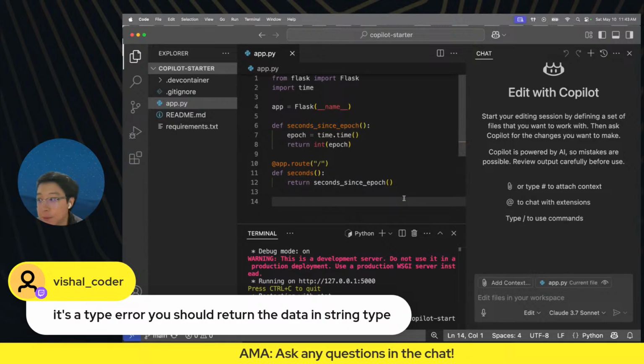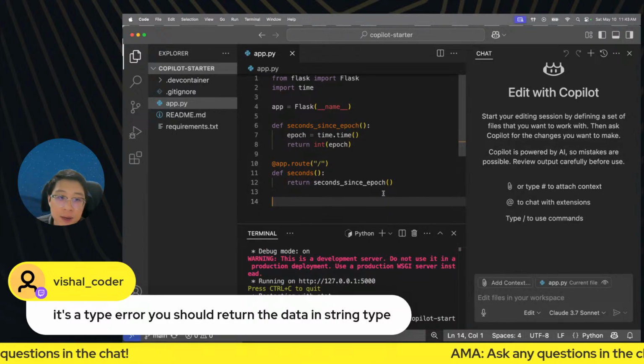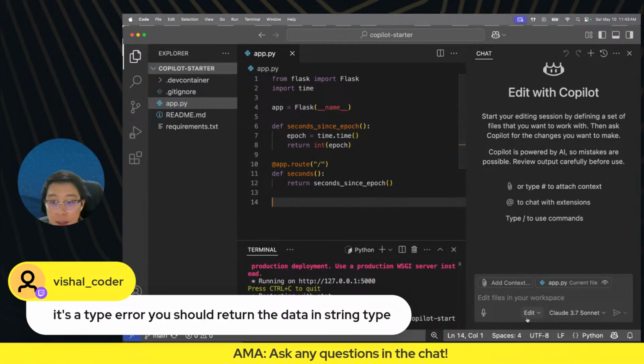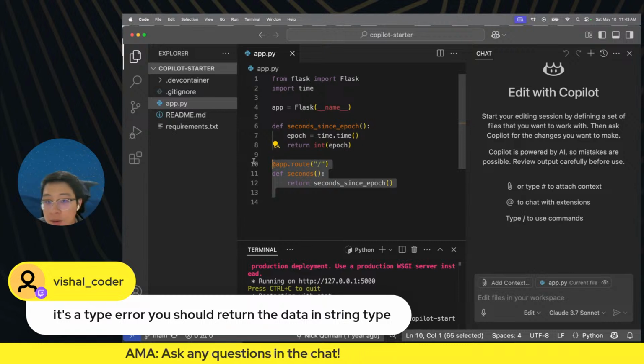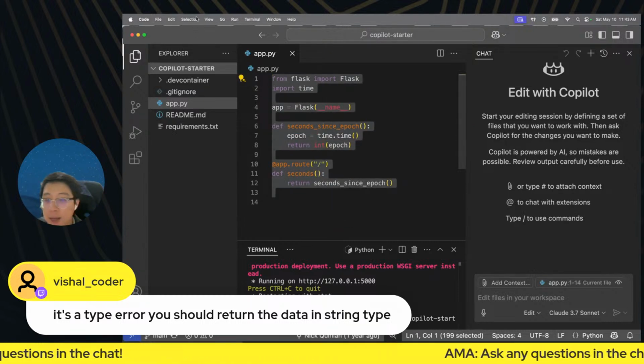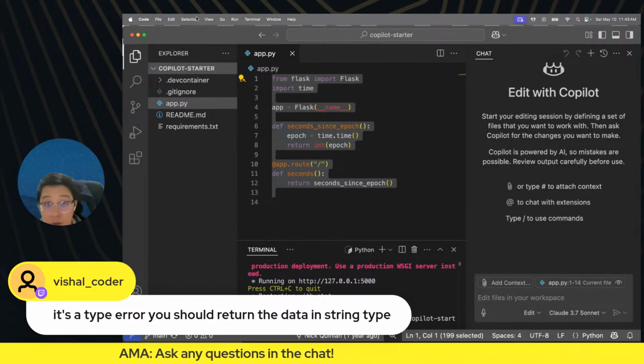But if I'm not an expert like Vishal, what do I do? I can ask Copilot. And that's where Copilot shines. So I'm going to actually select the piece of code that I believe has some issues. If I don't know, I just kind of highlight the whole thing. You know, I'm encountering this issue on this file. How do I fix it? I'm going to press Control-I or Command-I.